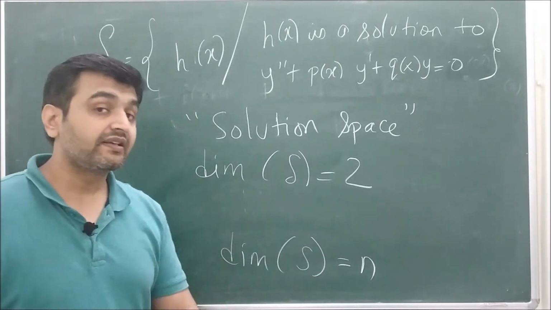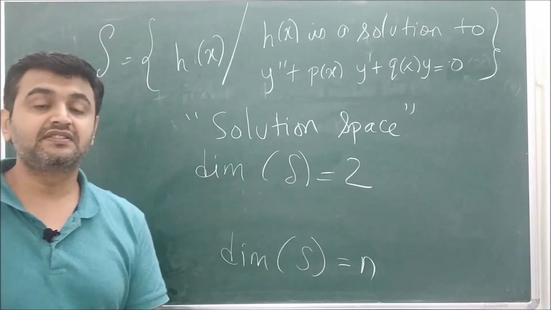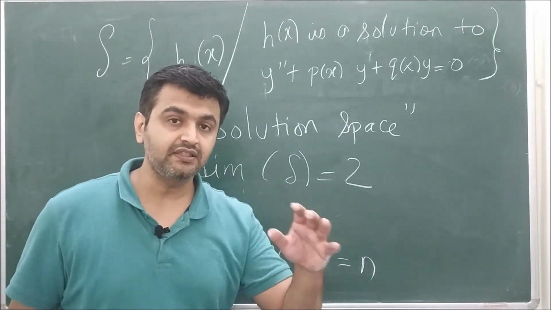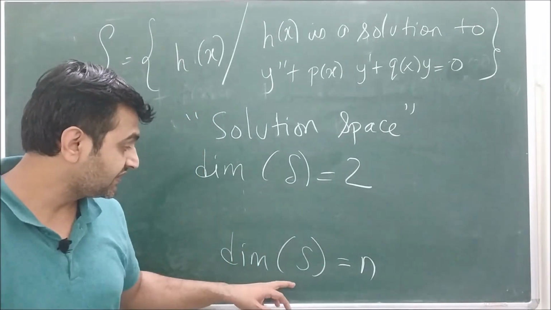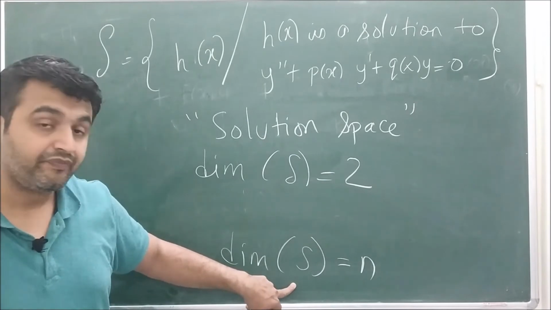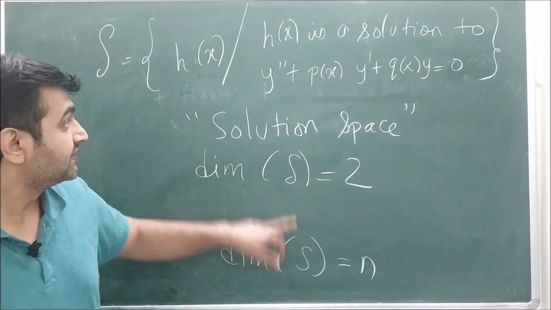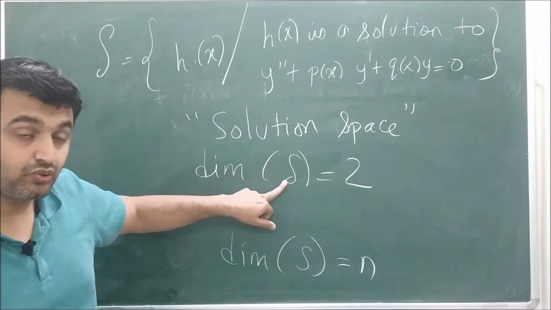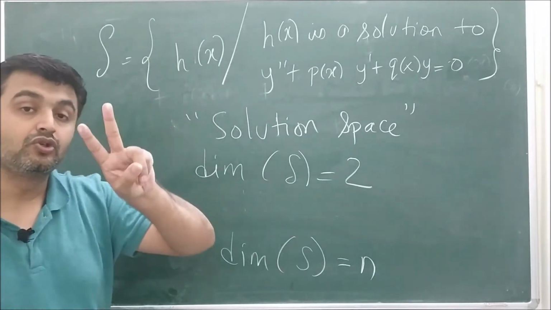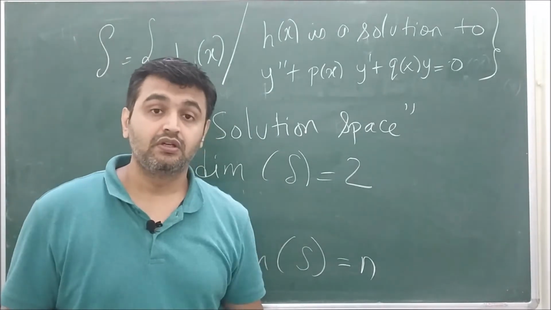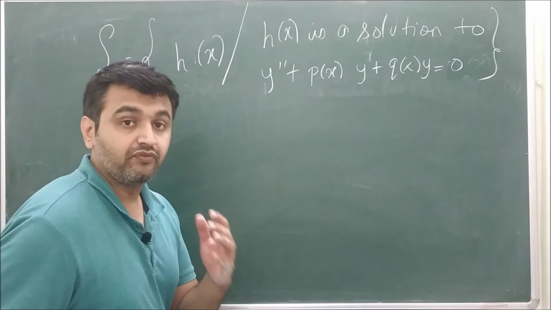And therefore how many vectors will be there in the basis? Dimension is nothing but the number of vectors in the basis set. Now since the dimension is n, the basis will have n elements. In this case dimension is 2, therefore the basis will have 2 elements, and that's what the next definition is, which is of a basis set.